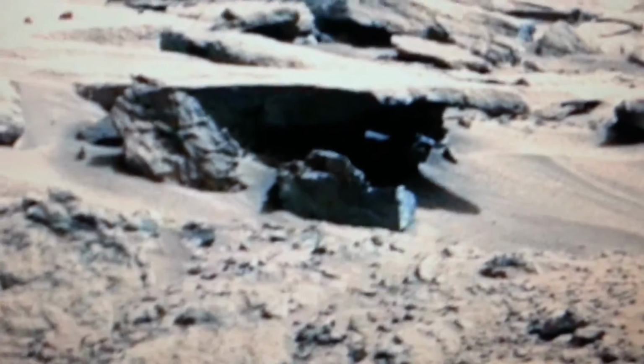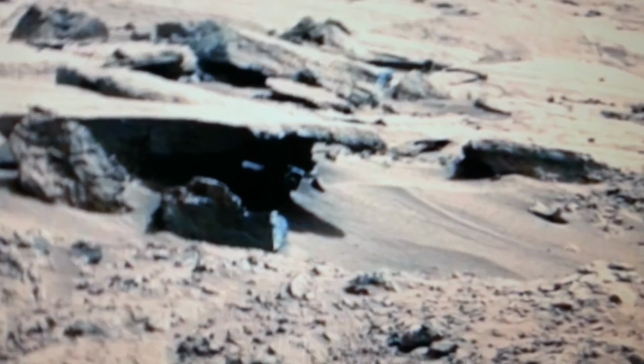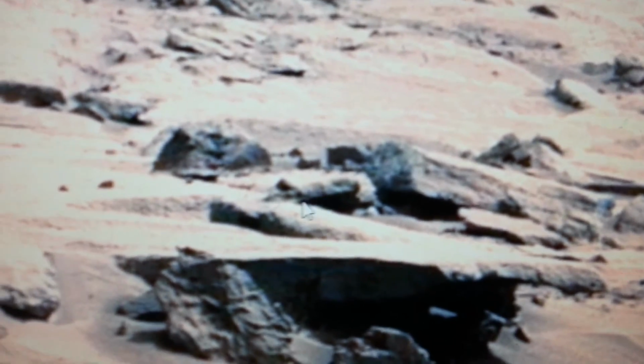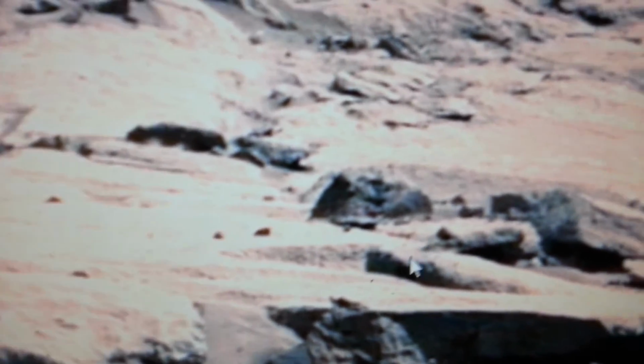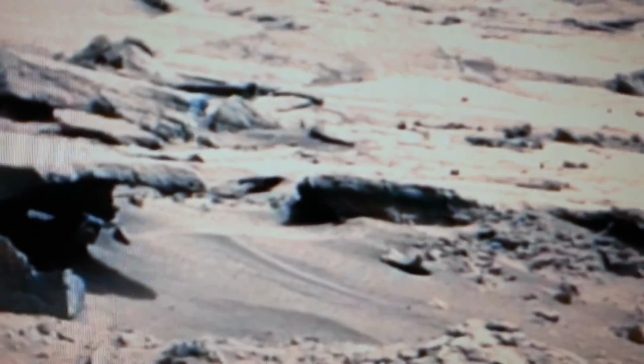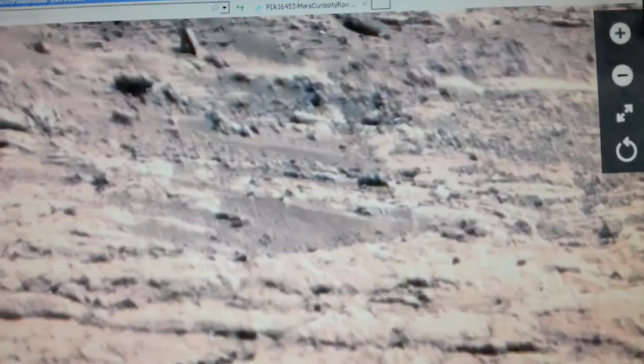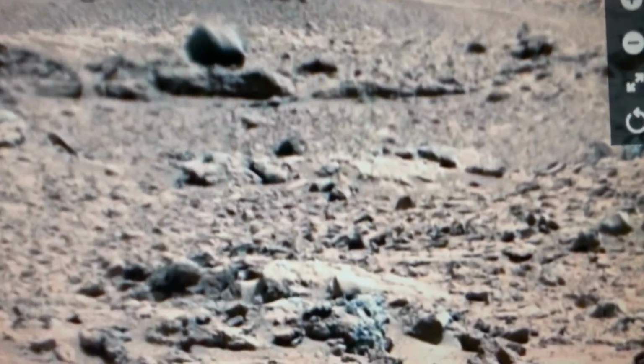I believe now NASA's using either drones or satellite to get most of this, if there's life still up there. Because that's how those other rovers were destroyed. I believe there's something up there that destroyed them. A lot of this looks like it's satellite photography, enhanced by computer, and some of it just looks totally fake. I could be wrong, but one thing I'm not wrong about is the anomalies that I'm showing you today. So, if you have any doubt,